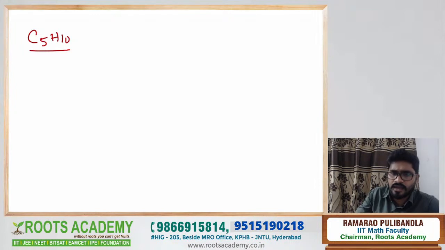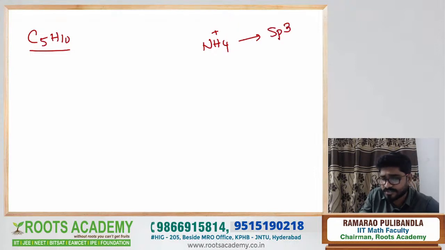Kumar Sai, what did you ask? The structures are NO2 minus, NO2 plus, and NH4 plus, no? Yeah. I told you one simple trick for that. First of all, see NH4 plus. What is the valence of nitrogen? 5. Plus means it lost 1 electron, then 4 electrons are there. With 4 electrons, it's forming 4 bonds. 4 bonds means sp3. Done. See how simple it is.